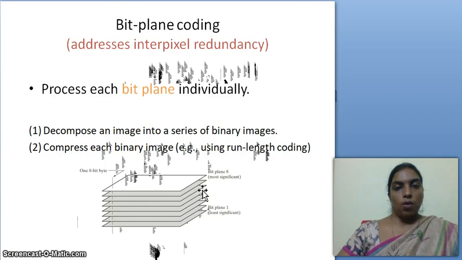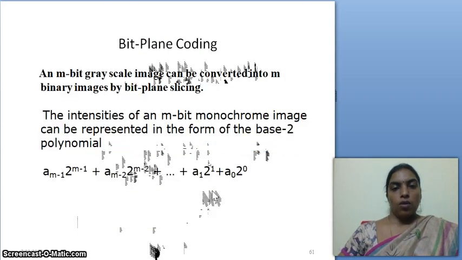By using run length coding, I can reduce the number of bits. That means we can compress the binary image, right? So now here,